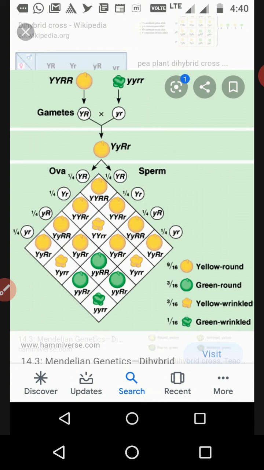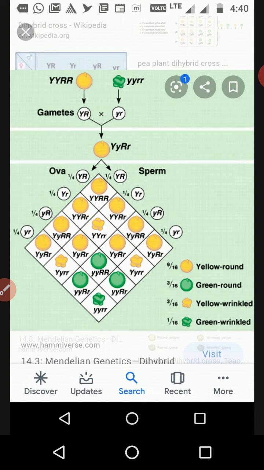Two gametes are coming from each individual: capital Y, capital R, and small y, small r. Together in the F1 generation, it gives heterozygous. All the seeds are heterozygous, but round in shape and yellow in color. Clear? So you have to see capital Y, capital R, small r. So those four heterozygous characters are always present in the F1 generation.